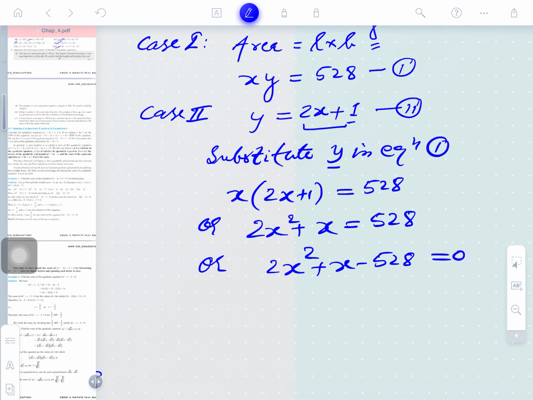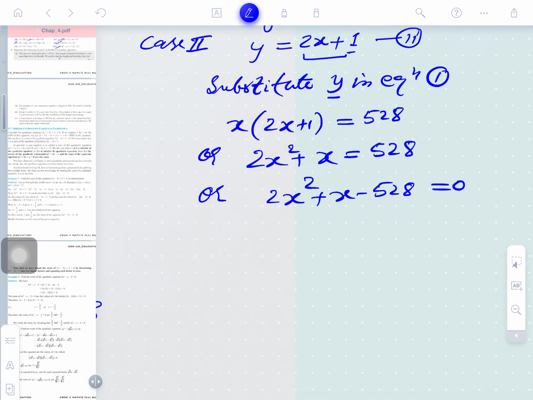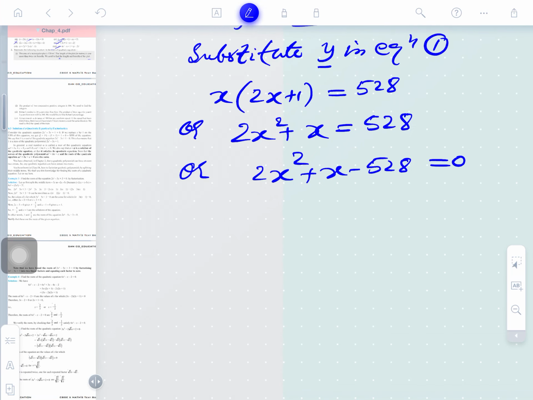Now we have obtained the quadratic equation before you. Is that clear? Can we simplify this further? Obviously no. So this is the quadratic equation. There are two portions of the solution. First is to form the quadratic equation, and second is to solve the quadratic equation. So solving quadratic equations is by what method, please tell me? Yes, the middle term splitting method can be used.